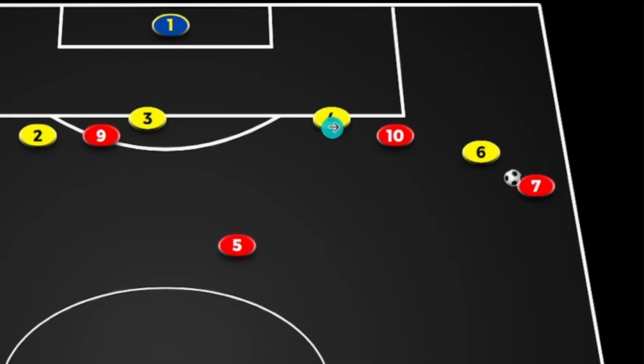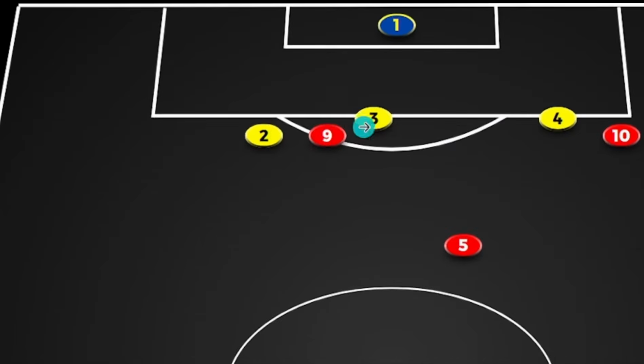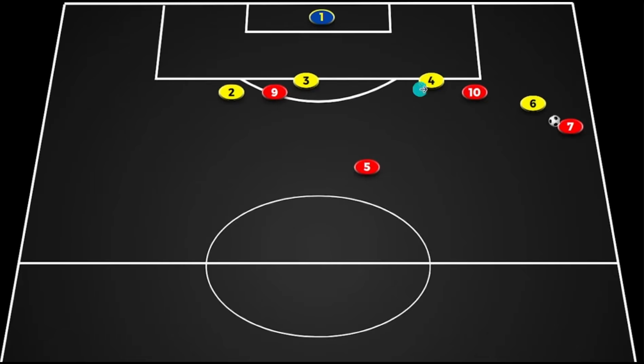In the example, number 4 is drawn to number 10 in the half space, while number 3 is pulled toward the center forward, number 9. The space between number 3 and number 4, who are marking players in different directions, is then attacked by a surprise runner, usually number 5, coming from deep without a marker. This, of course, isn't something new, but it has been happening more frequently, forming a clear trend in Europe's top